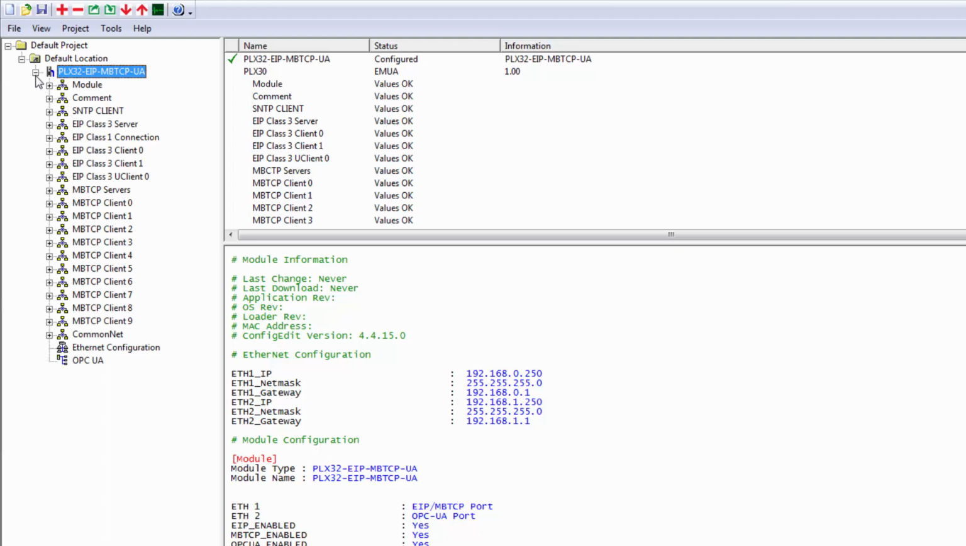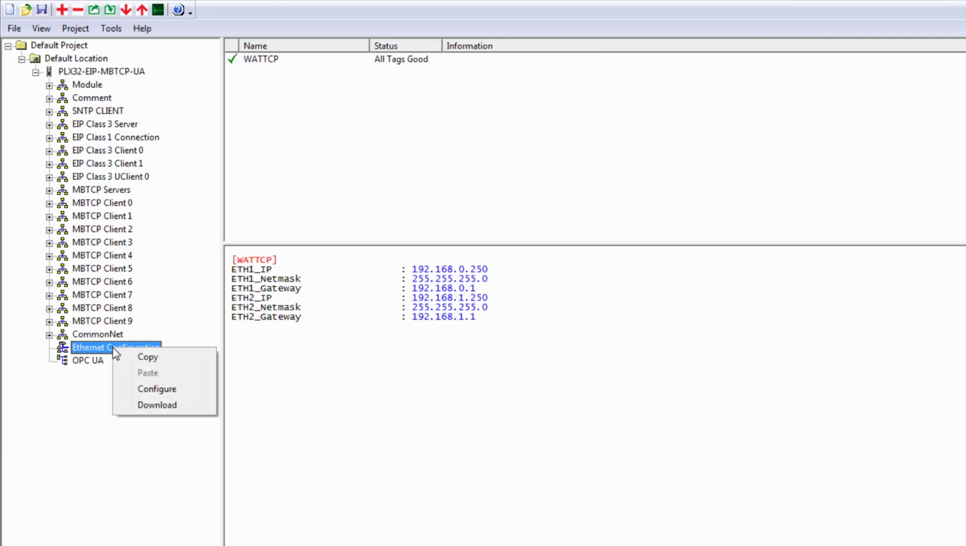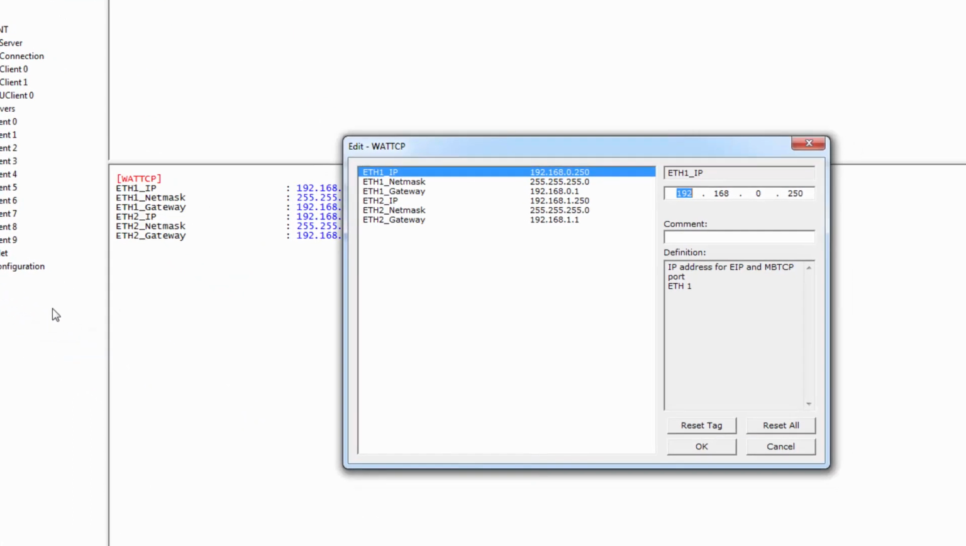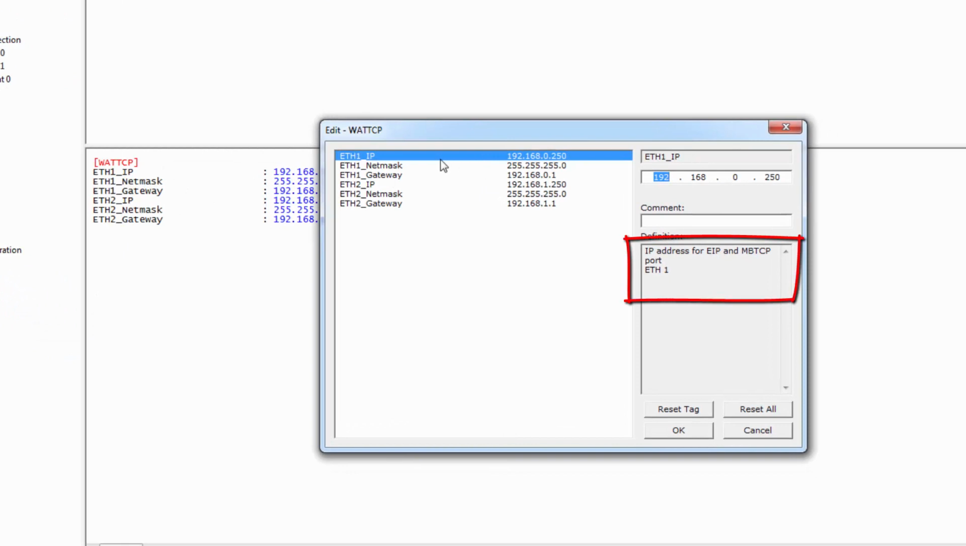Expand PLX32 EIP MB-TCP UA and go down to Ethernet Configuration, right-click and choose Configure. We have two ports. Port 1 is used exclusively for the EIP MB-TCP side of the gateway. This is where we set the IP address that we want the gateway to use for the EIP and Modbus TCP network. This is also the port that we'll be using to download our configuration here in PCB to the gateway. So I'll change the IP address to